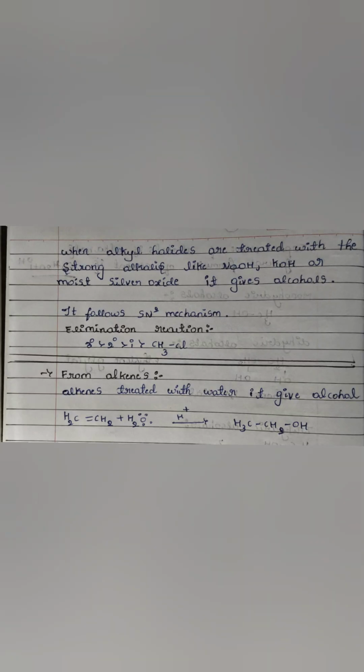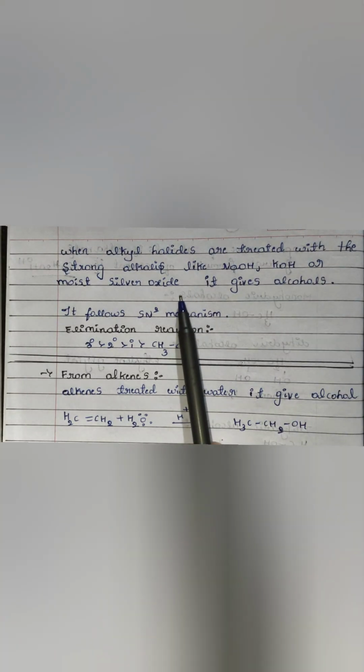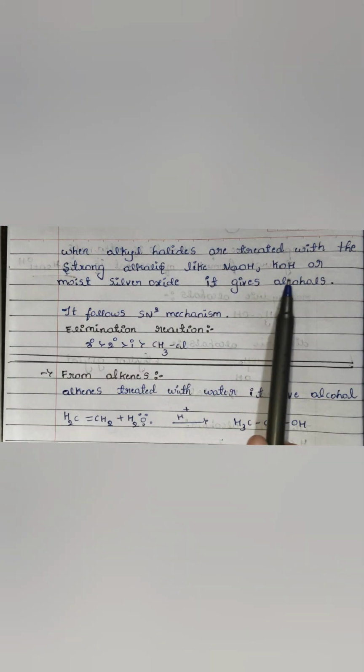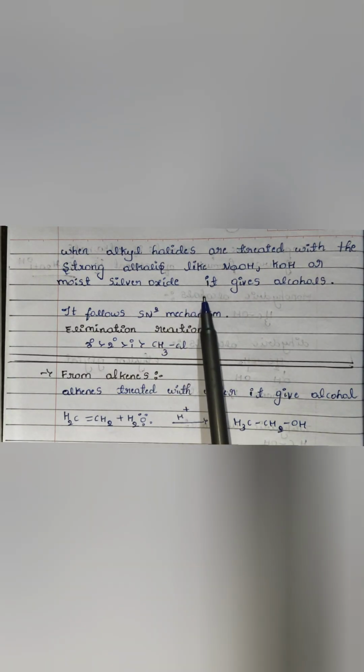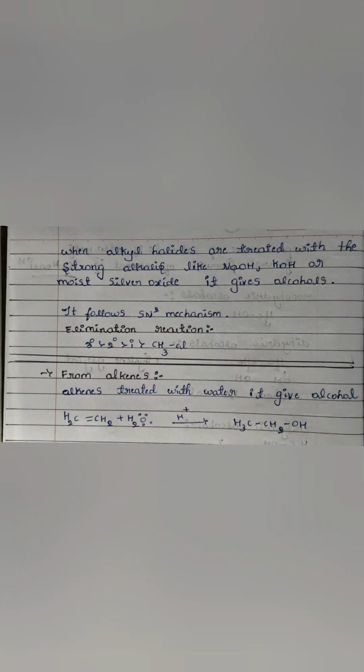Preparation of alcohols from haloalkanes. First, from alkyl halides. When alkyl halides are treated with strong alkalis, that means strong bases like NaOH, KOH or moist silver oxide, they give alcohols. Example, alkyl halides treated with NaOH, KOH, Ag2O, that means silver oxide, give ROH,